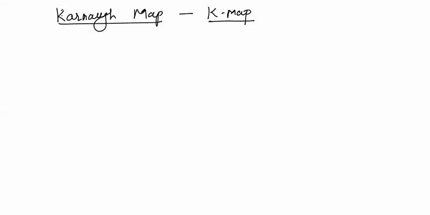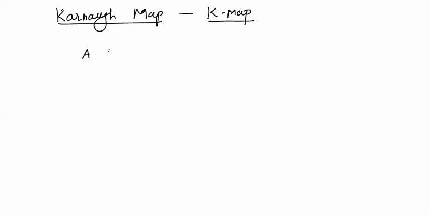In this lecture, we will see one method for simplification of Boolean expressions, that is the Karnaugh map, also called K map. K map is an efficient method to simplify Boolean expressions. In K map, we will have to arrange in the form of a map. For example, we have this